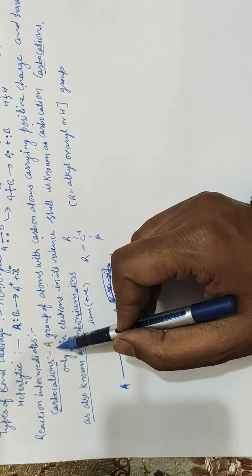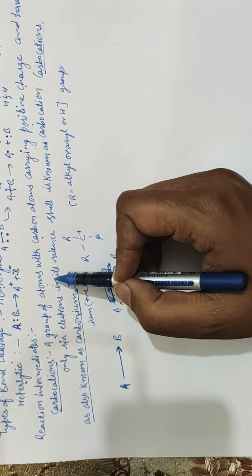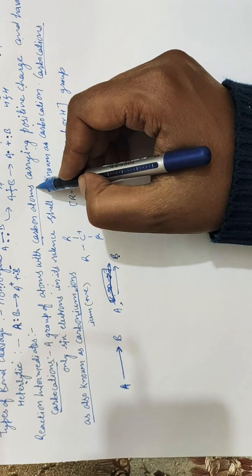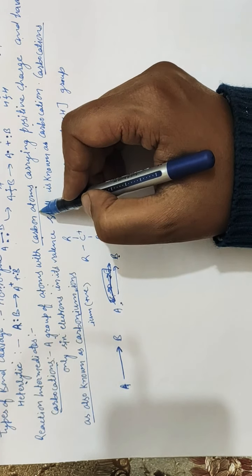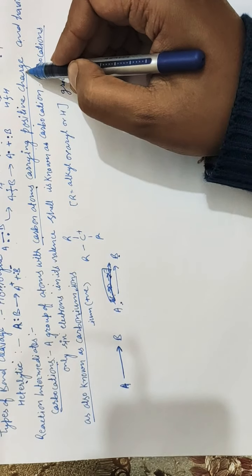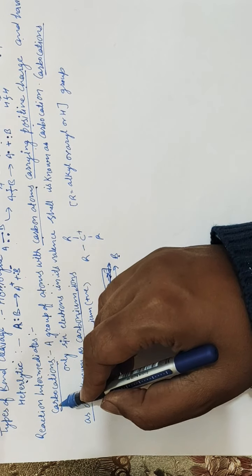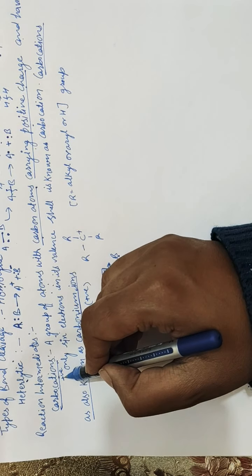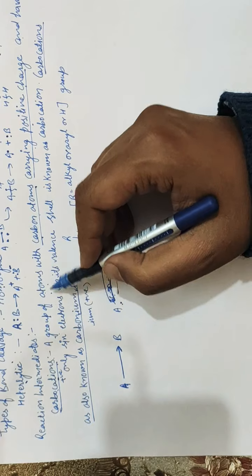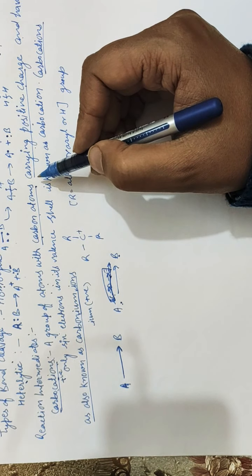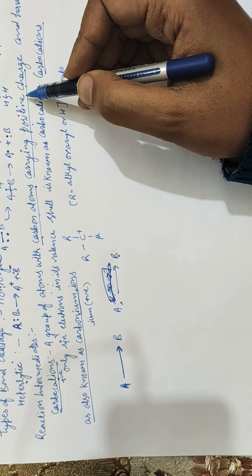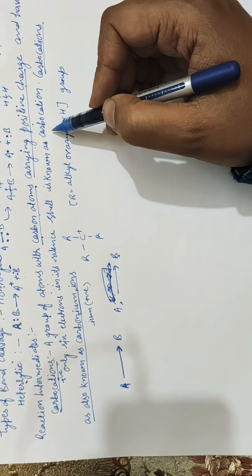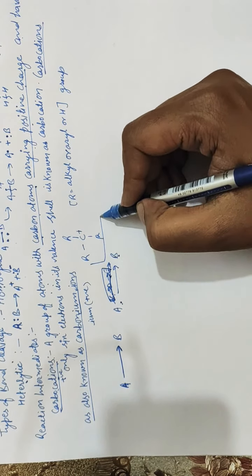If we go through the definition again, we will spot the keywords in the definition. A group of atoms with a carbon atom. So in a carbocation there will always be a carbon atom carrying a positive charge. The name also indicates carbon with cation. Cation means positive charge. So carbon with positive charge is called a carbocation. A group of atoms with a carbon atom carrying positive charge and having only 6 electrons in its valence shell is known as a carbocation, and the general formula of carbocation is this one.